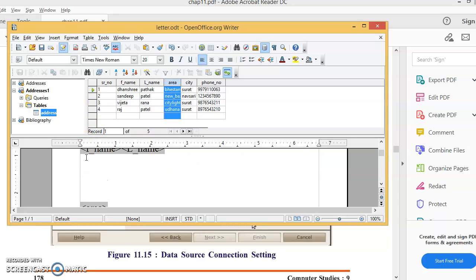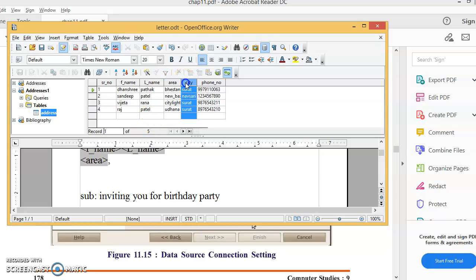Area will come immediately after. Then comma. Take city.